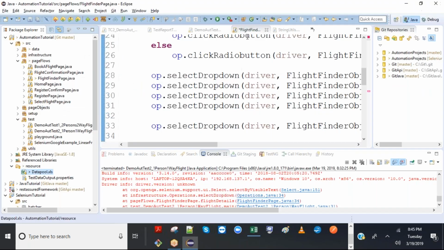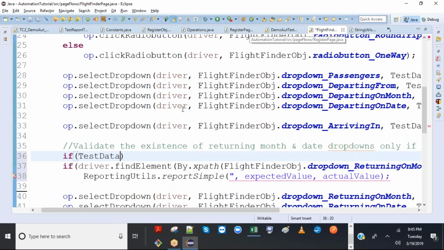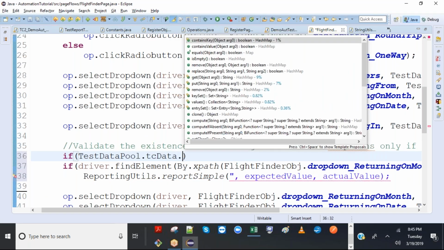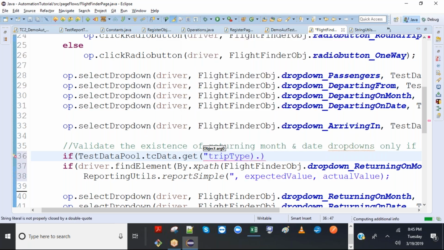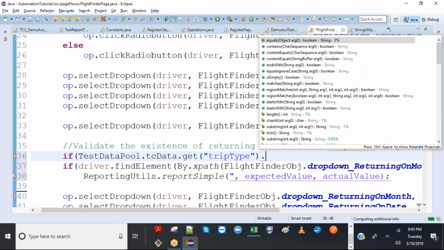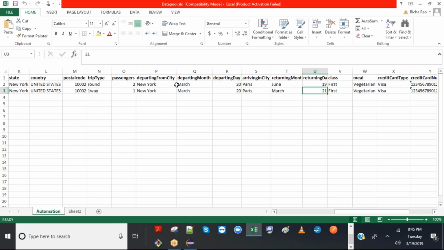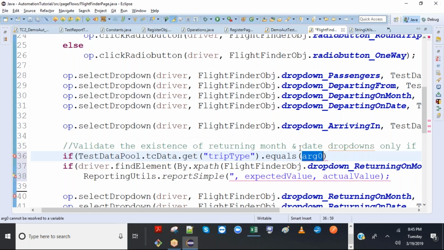So we need two if conditions, right? If the data pool is data pool dot tc data dot get trip type, right, dot equals. Oh, I did not close it. Okay, there you go. Dot equals what? Round trip. Okay, so round trip. Then,